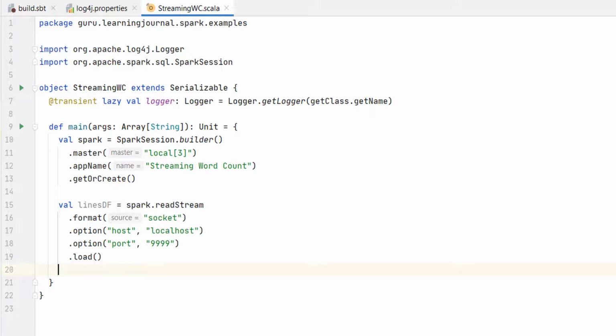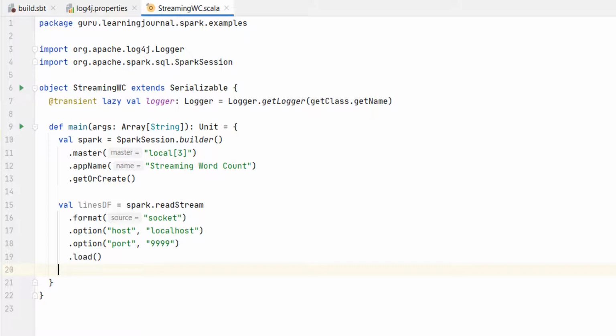This code returns the same data frame which you are already familiar with. I mean, you can apply almost all kind of data frame transformations and work with this data frame as you work in the batch processing application. However, this is a streaming data frame and some standard data frame transformations are not allowed. For example, you cannot apply a count action on this data frame. I'll talk more about what is not allowed and why it is not allowed at a later stage. But you can safely assume that most of the transformations are allowed and most of the actions are not allowed.